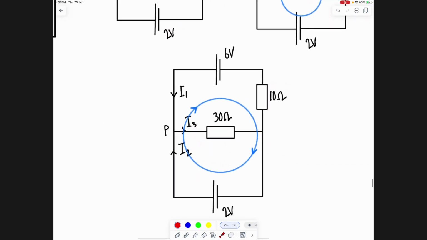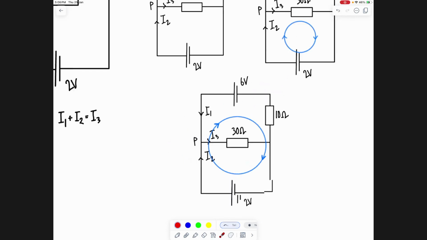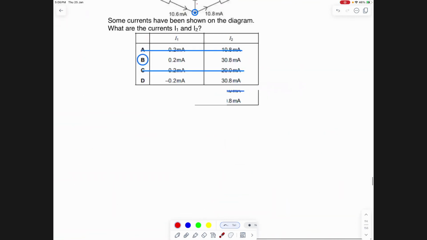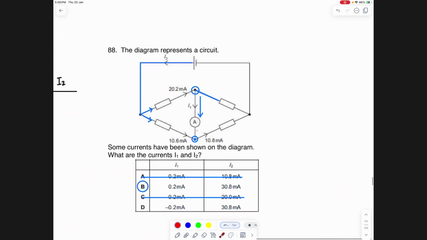I2 is the current here, but not there. Yeah, I2 is just here, not there. So if you had a resistor here, you could have used I2. This one. Yeah, so